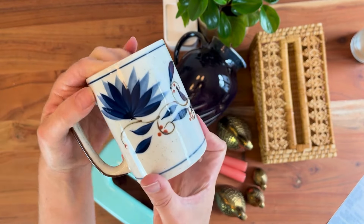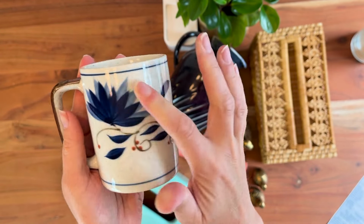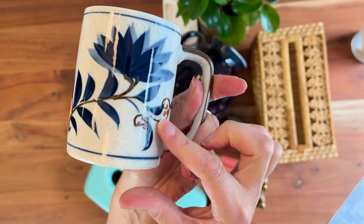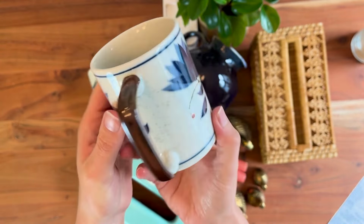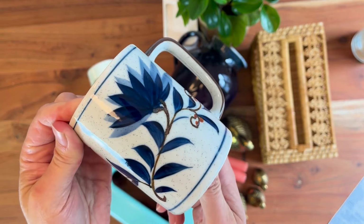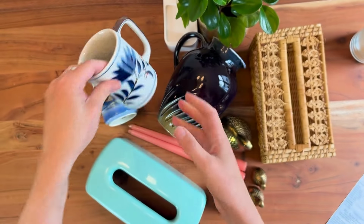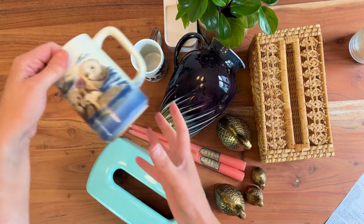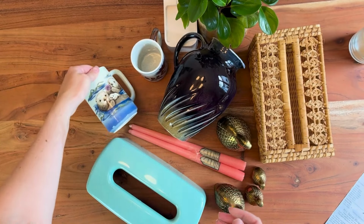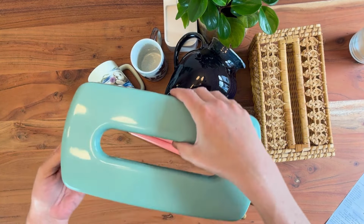And this one, I've never seen a design like this with the Otagiri. A lot of the Otagiri ones are animals, but this one is blue floral with red berries. I thought it was really beautiful as well. And this was only $1. So that was a really good price because mugs where I live at thrift stores are really going crazy on price. So only $1. And also the otter mug was only $3. So again, I thought that was fair enough. A little pricey, but